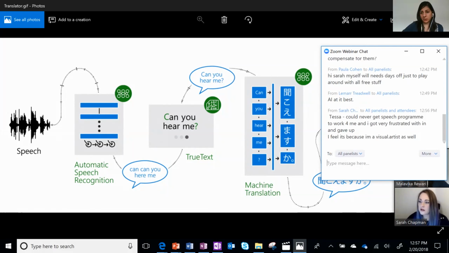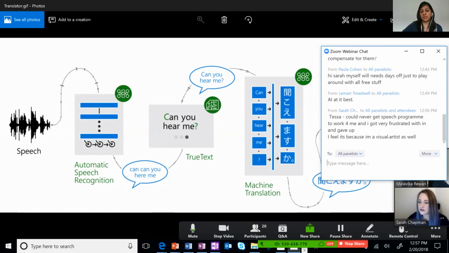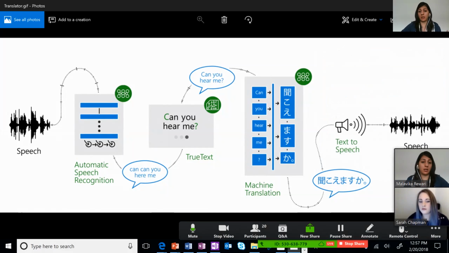And one of the major differences from before, I'll say, is that these are now cloud powered. So they are able to improve because they're trained on large sets of data, and the more people use them, the better they get. Previously, maybe your software was installed on your PC and it wasn't artificially intelligent. It wasn't getting better with time. But these are based on cloud services. So they get better with time, and they've been trained on very diverse large sets of data.